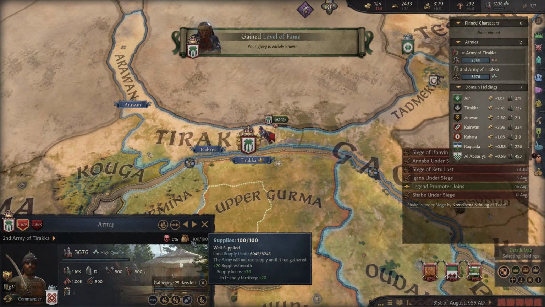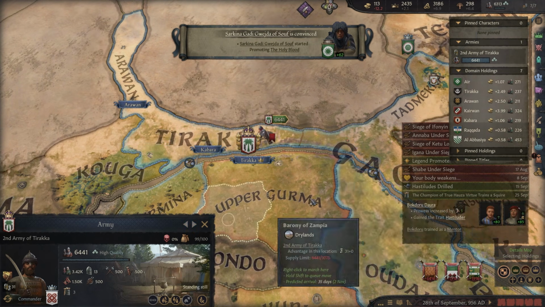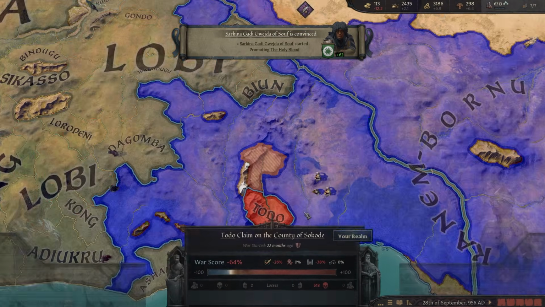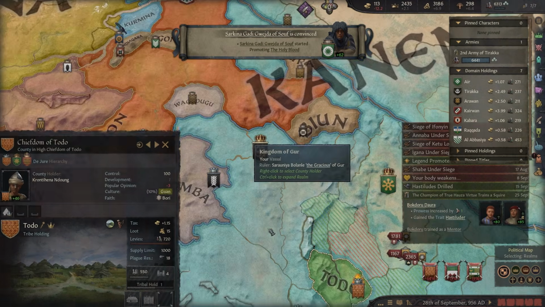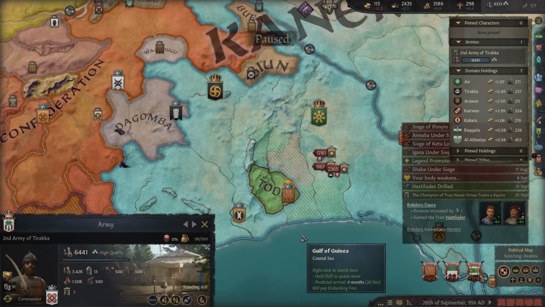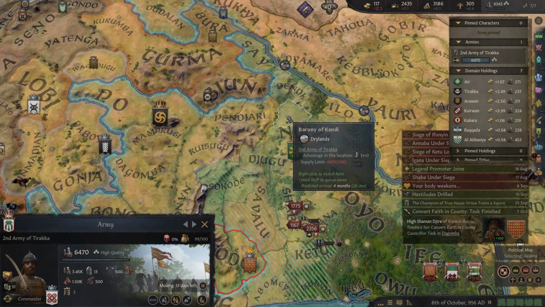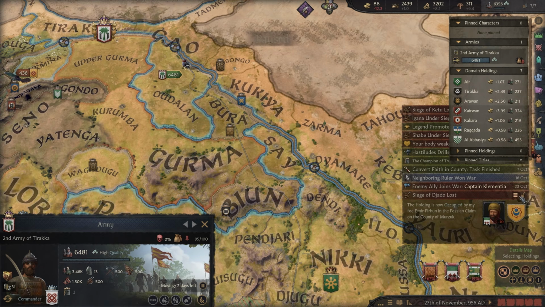That's 25 days. Yeah, that's okay. Go. Right. Merge army. Quickest way to winning this war is to siege Todo. I was just confirming with myself. That is the quickest way to win the war. Don't care about what they've sieged. Don't interact with them in any way. If they want to fight us, they can fight us, but they'll lose.